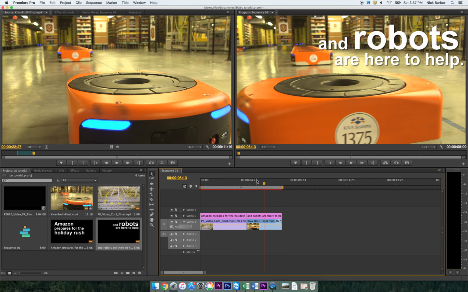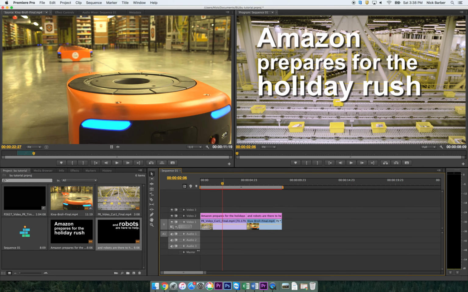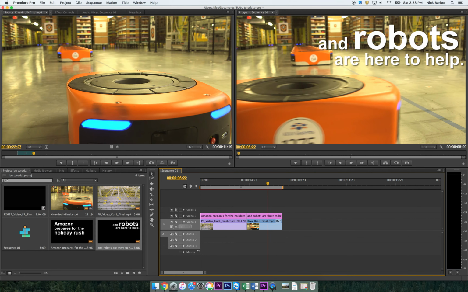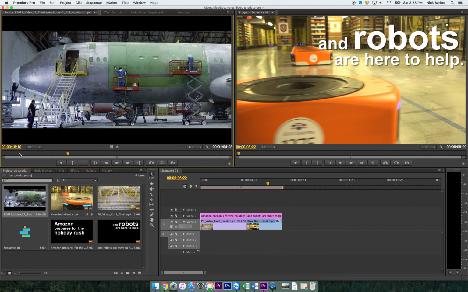So we've made the text contrast with the background by choosing an appropriate color and adding shadows to get relief from the background. And we've also used font size to call out really important things inside of the text. So in this one, we've got Amazon, Holiday Rush. And in this one, we've got robots. And then maybe we'll throw in